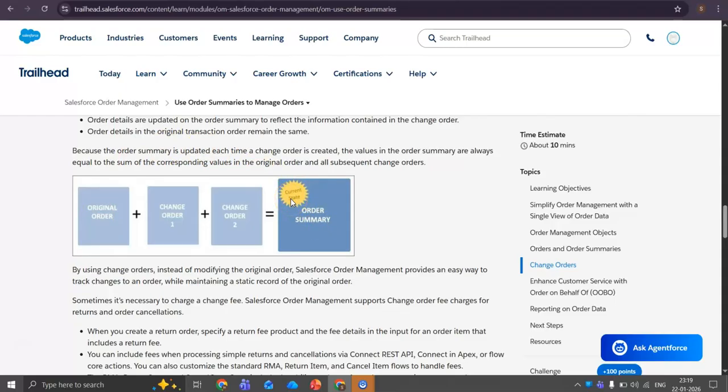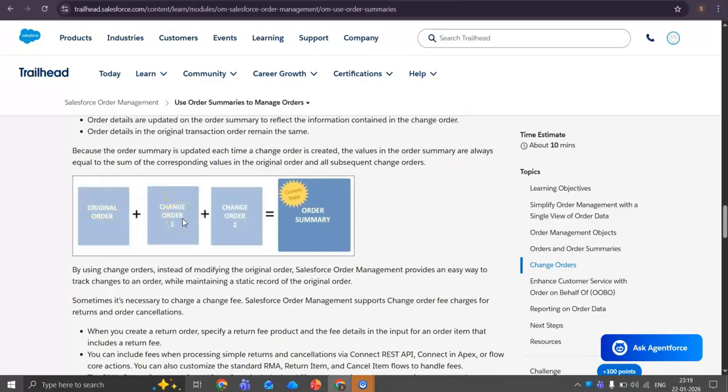So now what I'll do, I'll cancel one item from the order summary. If I cancel one item from the order summary, again there is a financial change. So it will create a change order record because there is a financial change for one quantity. Now there were 3 products, and the change order will be created for -1 because I have cancelled 1. So 3 minus 1, 2. So the current order summary quantity will be 2.